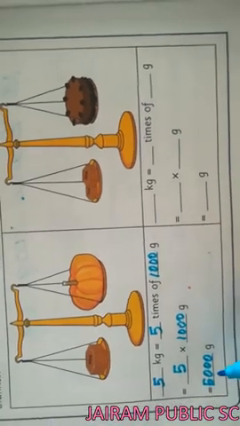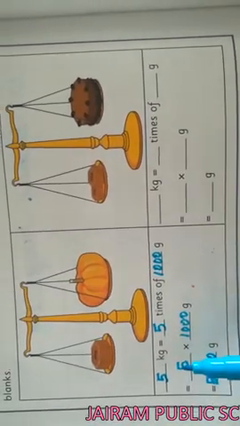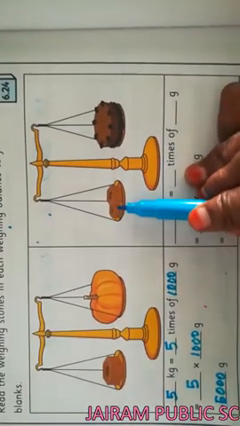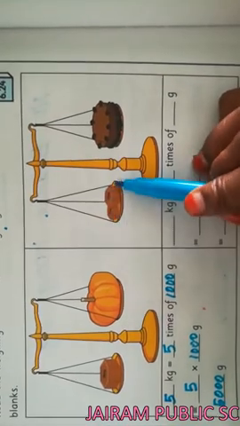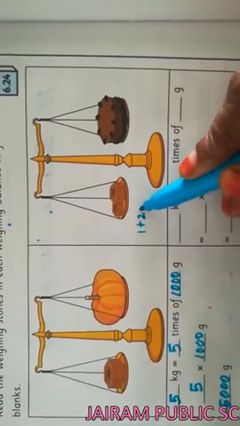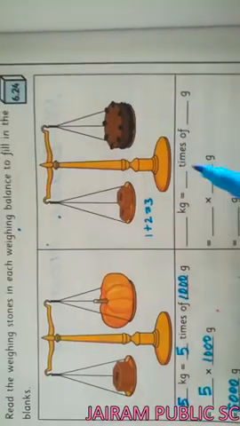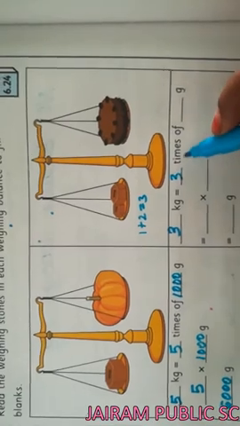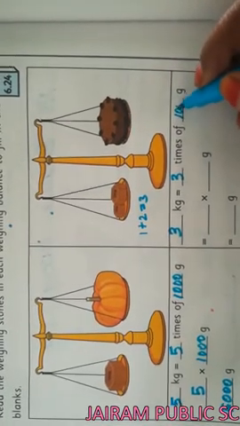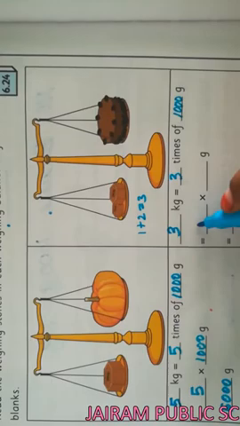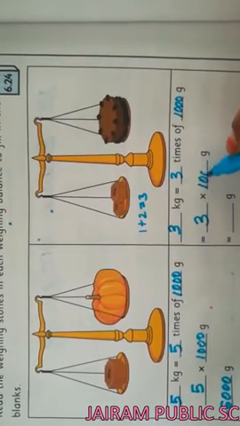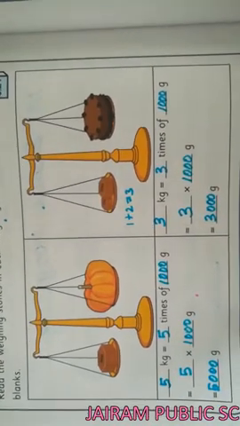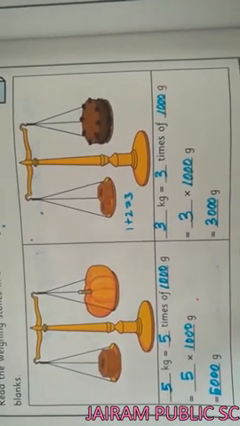Like that we have to change the kilogram into gram, children. Next you have to see here 1 kilogram, 2 kilogram. We have to add these. 1 plus 2 will be 3 kilogram of cake is given. For that 3 kilogram equal to 3 times 1000 gram. For that we have to multiply. 3 multiplied by 1000 equal to 3000 gram. Like that we have to convert kilogram into gram, children.